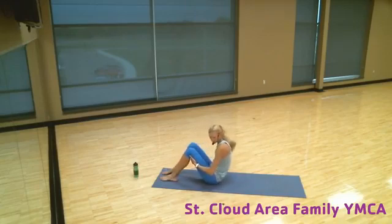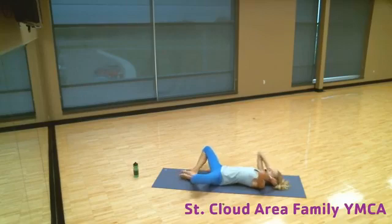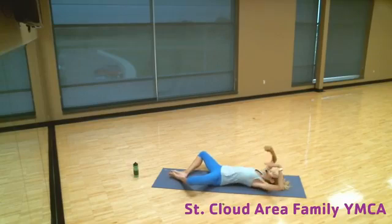We're going to come all the way down to your back. Bring your soles of your feet together for butterfly sit-ups. So soles of your feet are together, really pressing through your heels. The closer your feet are, the harder it is. The further away, the easier it is. You're going to bring your arms above, palms are facing each other, and then you're going to roll up your